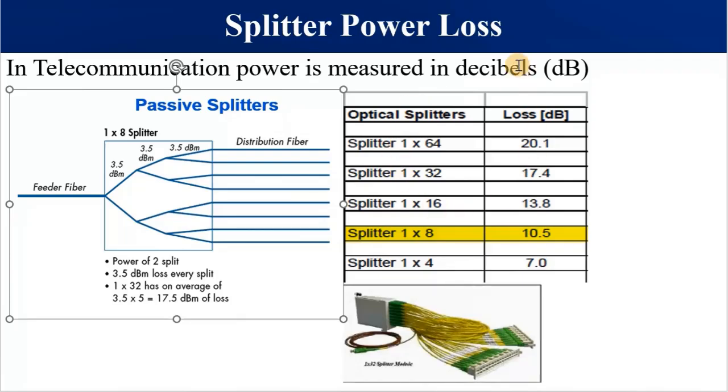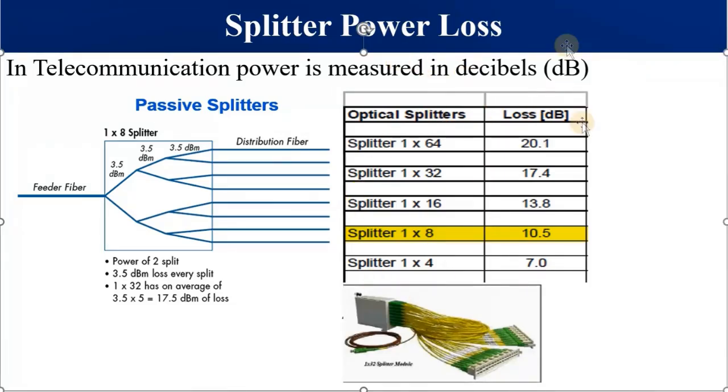So this is how we are coming out with the power loss for these ratios. For 64, which is 2 to the power 6, if you say 6 times 3.5, you get a power loss of around 21 dBs. For this one, if you say 3.5 times 5, you get a power loss of around 17.4. So this is how you calculate the power loss for each given